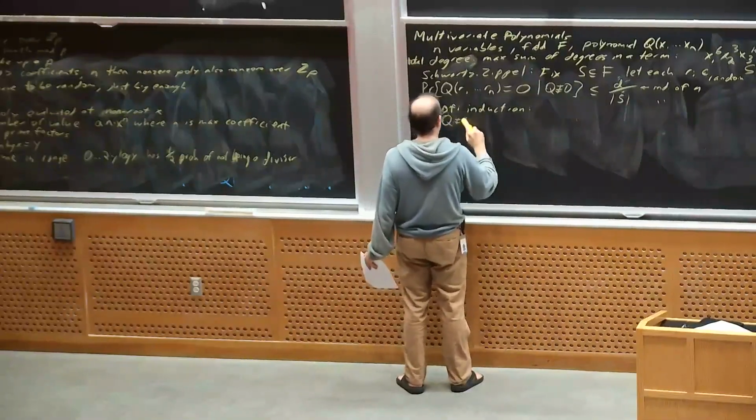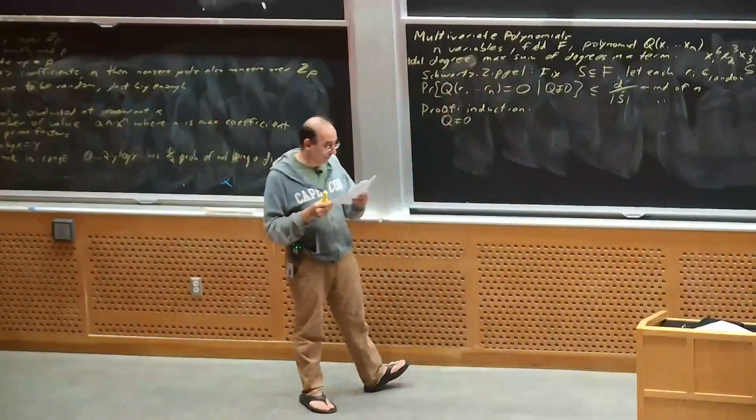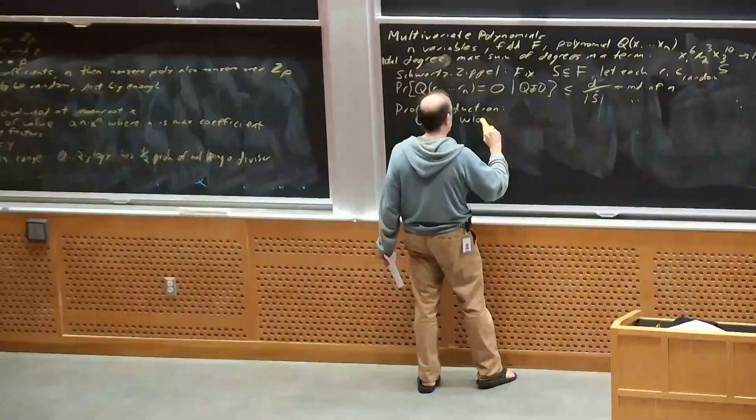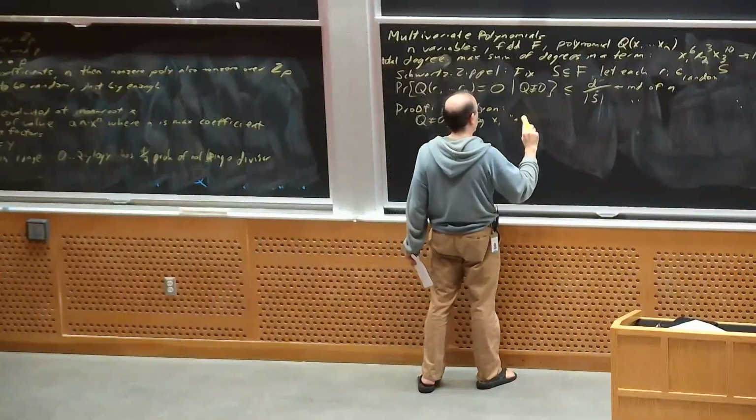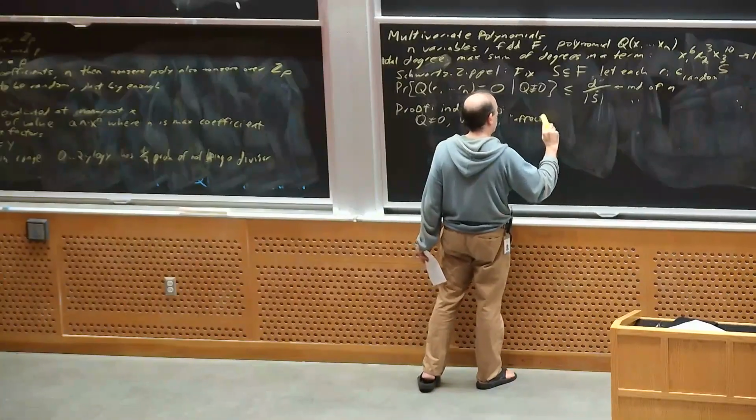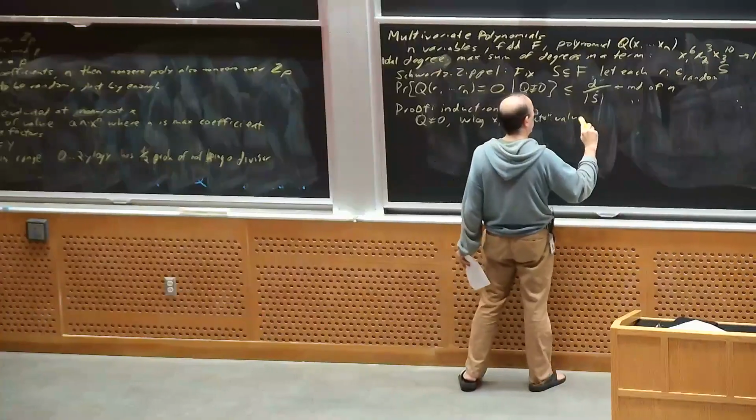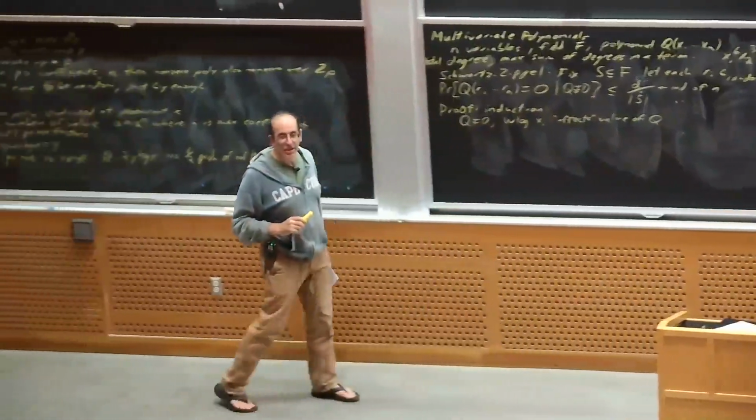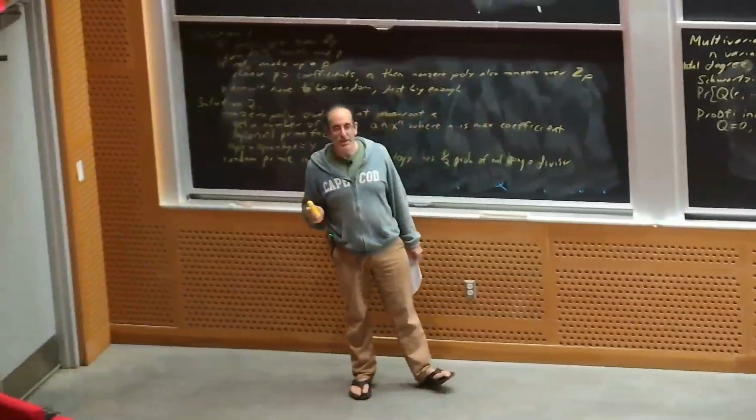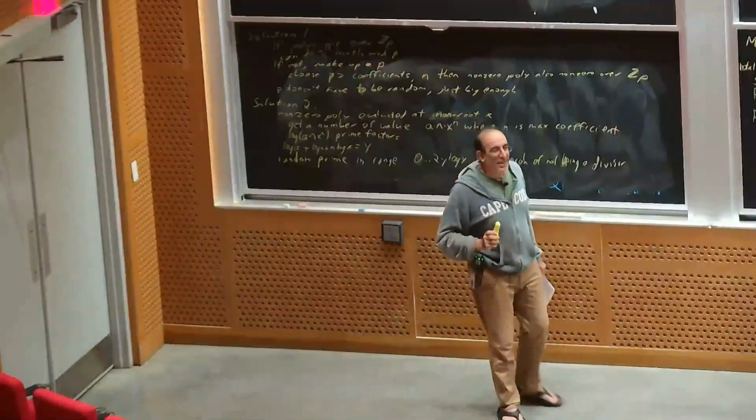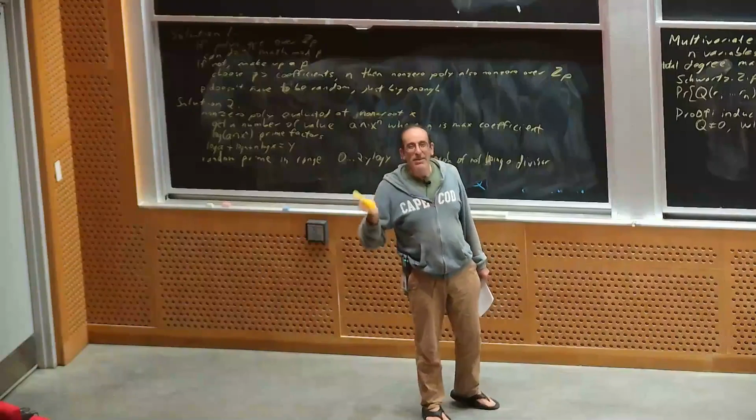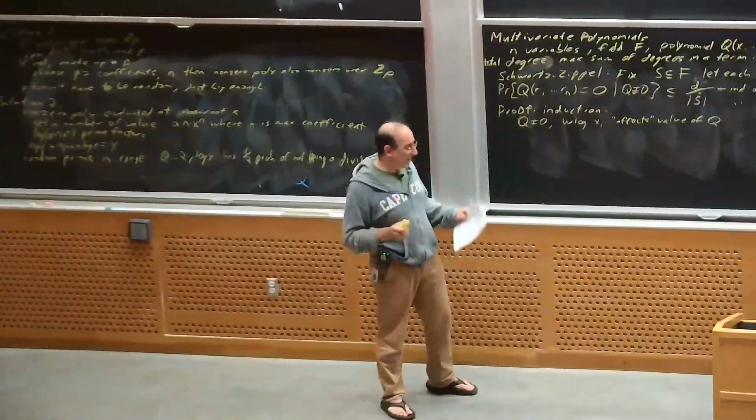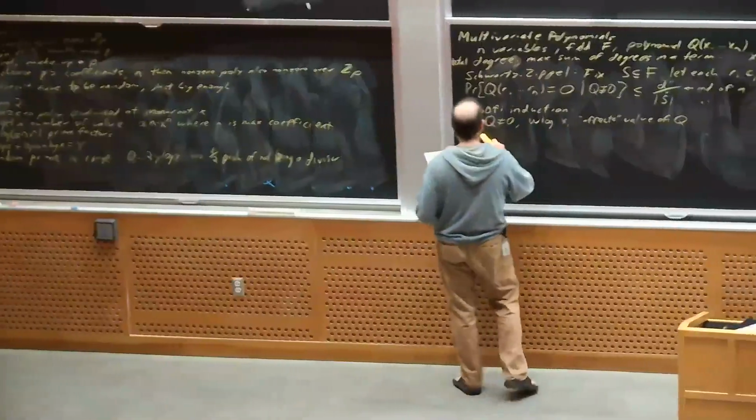I'm assuming that Q is not the 0 polynomial. Actually, I guess if Q is a constant that is not 0, then we're never going to be 0, and then we're fine, right? So we don't need to worry about that case. Now, if Q is not a constant, then it depends on one of the variables. Let's say it's x1. So let's write Q